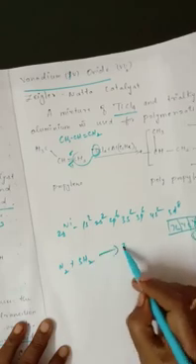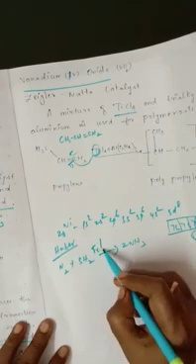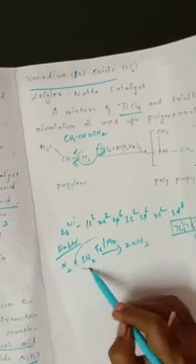One more example is the preparation of ammonia: N2 plus 3H2 gives 2NH3. This is Haber's process. In Haber's process, iron as well as molybdenum is used as a catalyst. The hydrogen is easily bonded with the iron catalyst, because iron also has unpaired electrons. It also shows variable oxidation state. So by breaking the bond, it easily reacts.